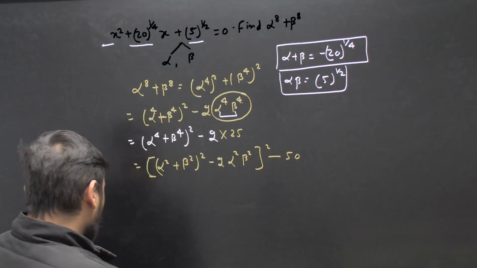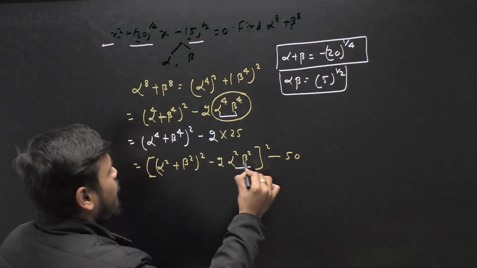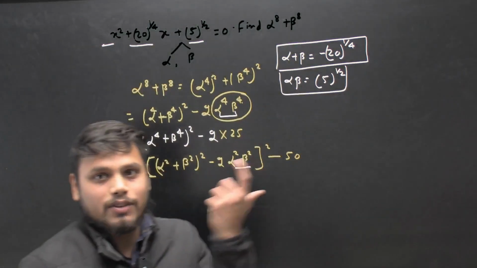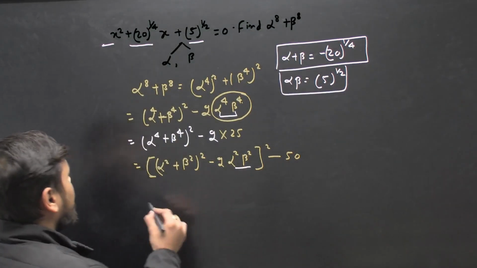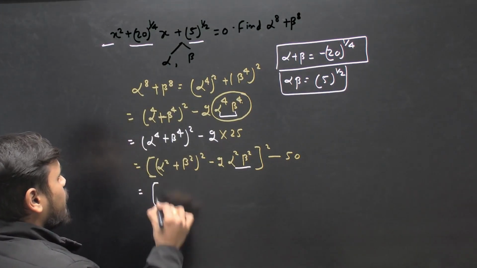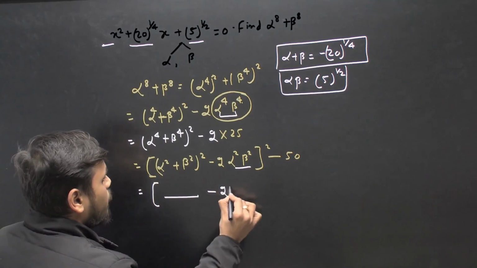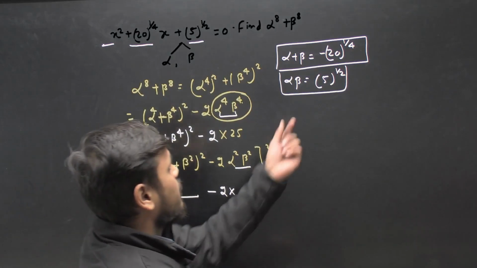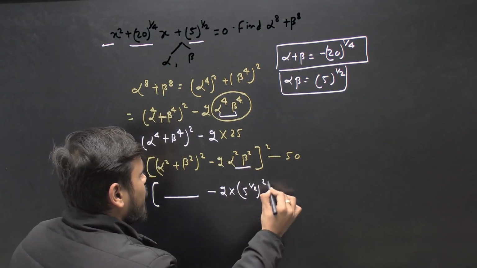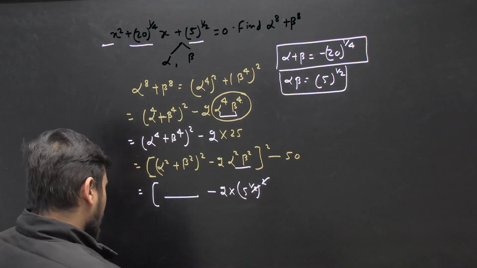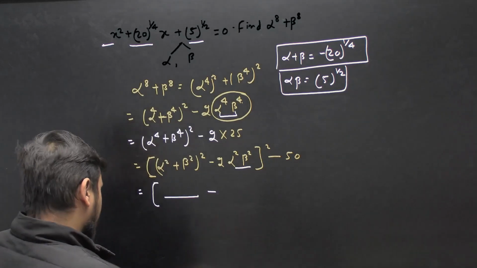Again we know the value of alpha square into beta square, because it is nothing but alpha into beta whole square, and alpha beta we have already computed, so we directly substitute. Now we are left with alpha square plus beta square whole square minus twice of alpha into beta whole square. So it will be 5 raised to power 1 by 2 whole square, so 2 will cancel out 2. It is simply 5, and 2 into 5 is 10